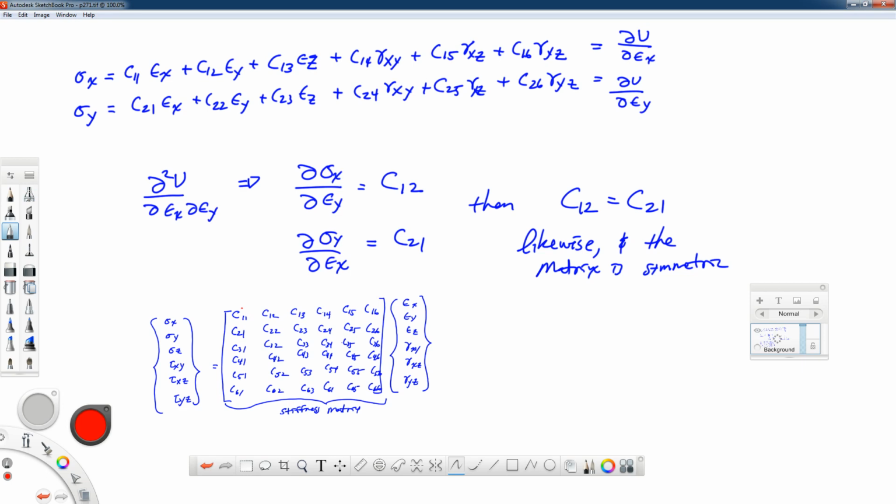Alright, and so the unique components then of this matrix would be all the terms in this one, all the terms in the one right below that, and so forth. And so if we highlight each of these different rows that have these different terms in them, we can see the ones that I've highlighted have a decreasing number of unique terms because of the symmetry. We end up with 6 plus 5 plus 4 plus 3 plus 2 plus 1 terms. If we add all those up, we end up with 21 unique terms that describes the most general linear elastic anisotropic material,